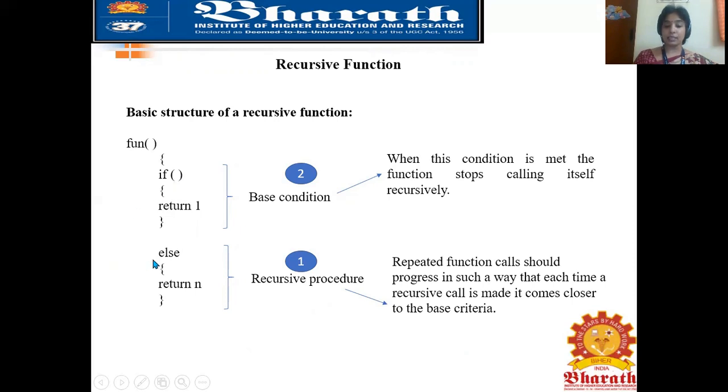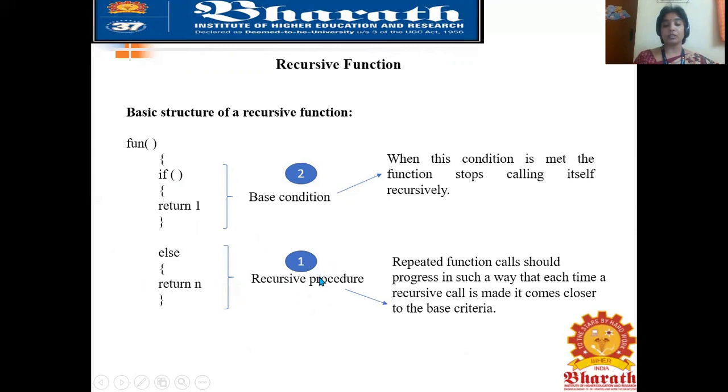In the second part, we have the else condition and a set of statements which have to be executed once the else condition is satisfied. The first condition is called the recursive procedure, whichever we need to do again and again.